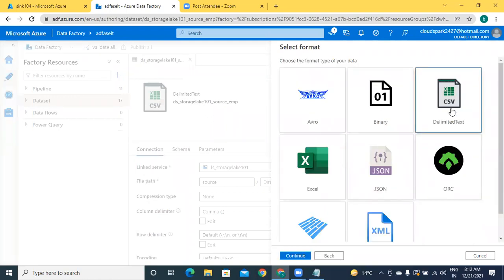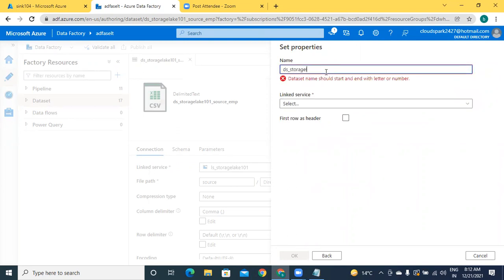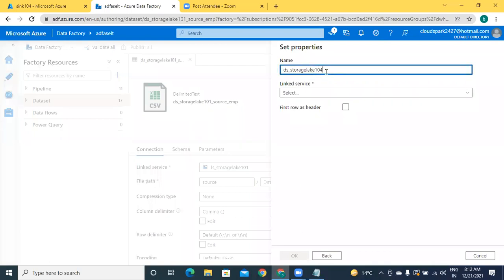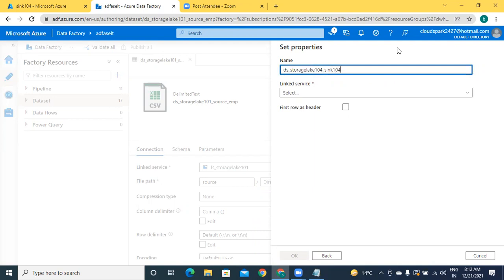Our file is delimited. The data set name I am giving is ds_storage lake 104_sink 104. Here sink 104 is a container.